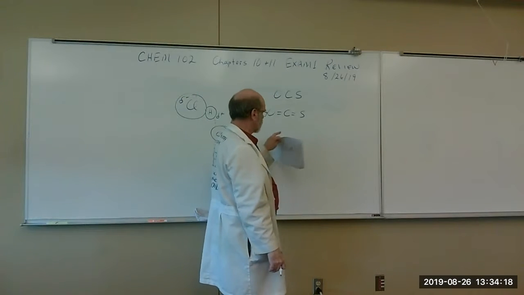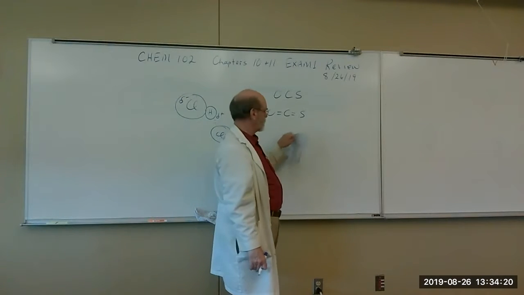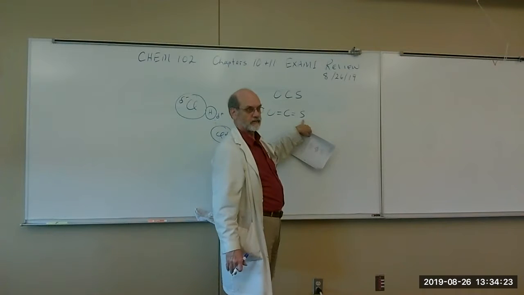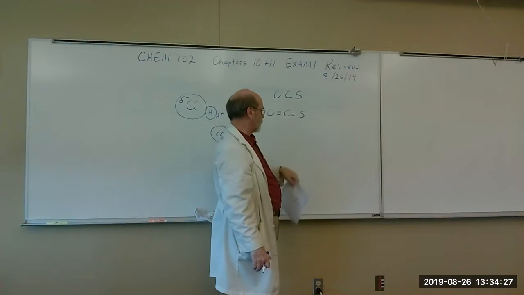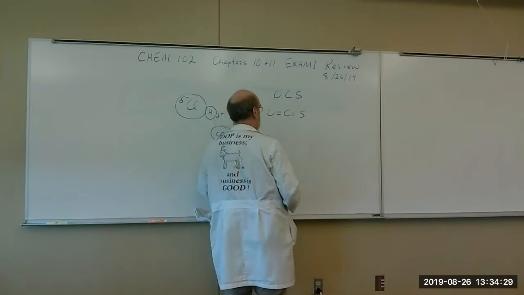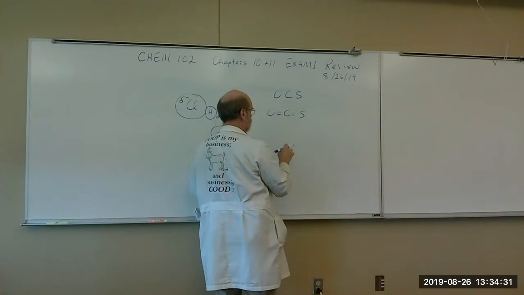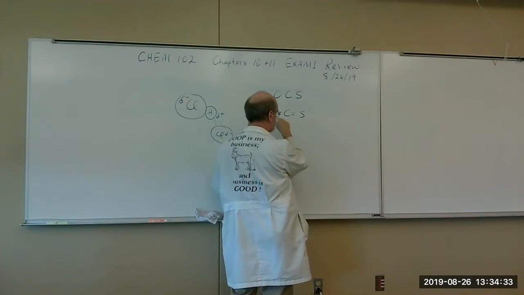See the resemblance between this and carbon dioxide? If you just put an oxygen there, you got CO2. And CO2 is a linear molecule. So this one is also linear. But there are some lone pairs there. What we want to focus on is the